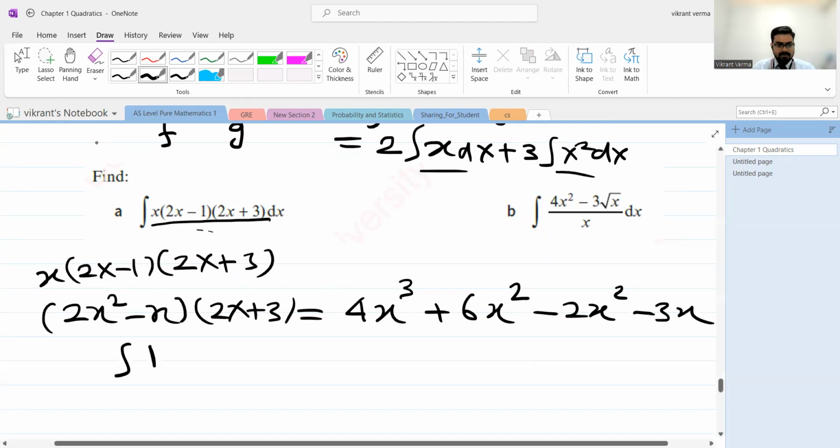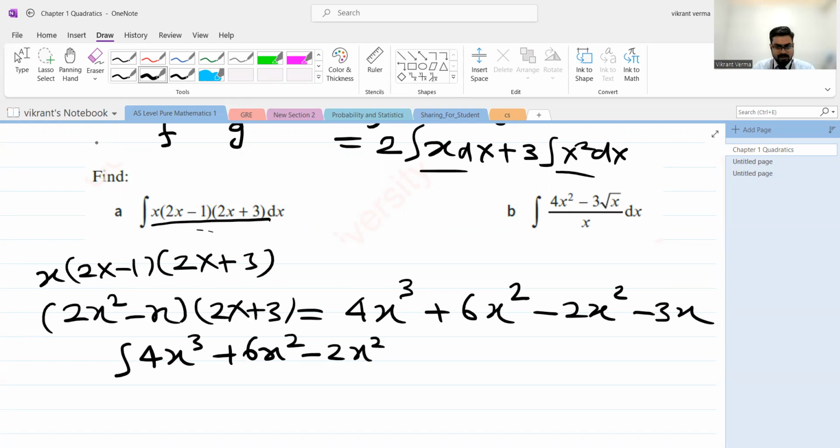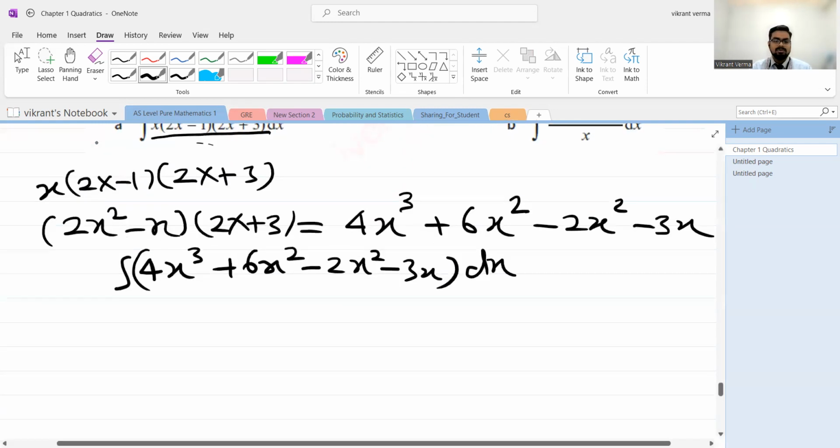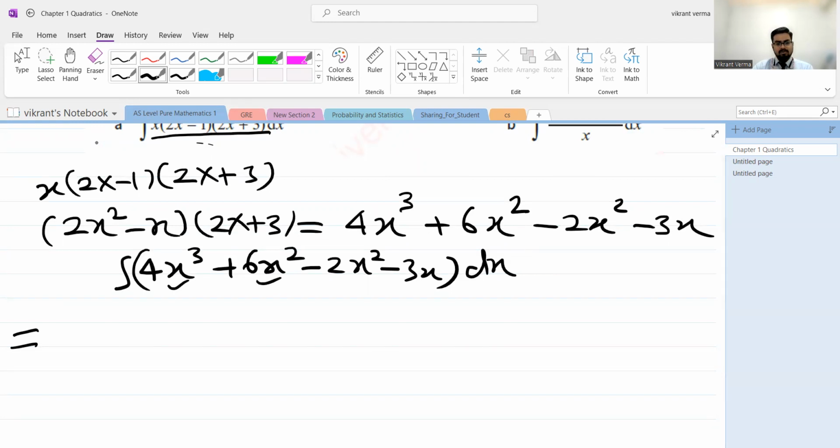Okay, so if I integrate 4x cube plus 6x square minus 2x square minus 3x, and I am keeping it in the bracket, we should avoid all the mistakes here. The rule says that we can actually distribute. Now see, we have a sum of how many functions? 1, 2, 3, 4. We can take it as four